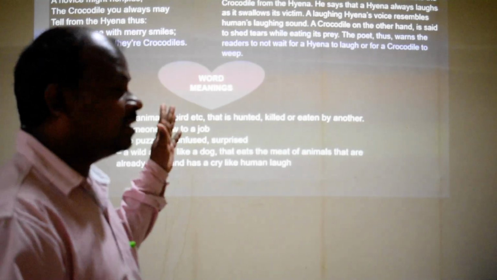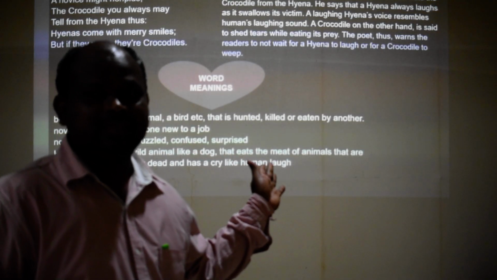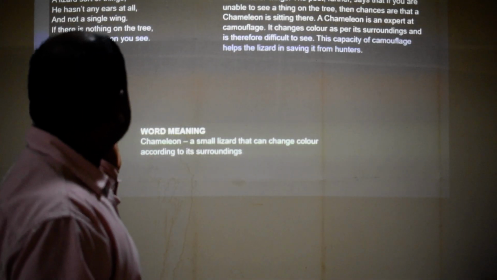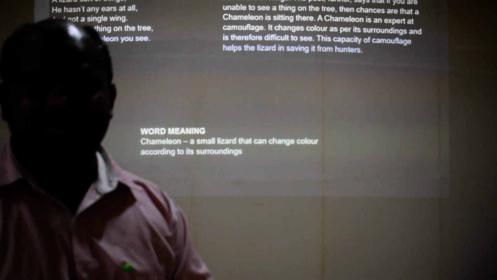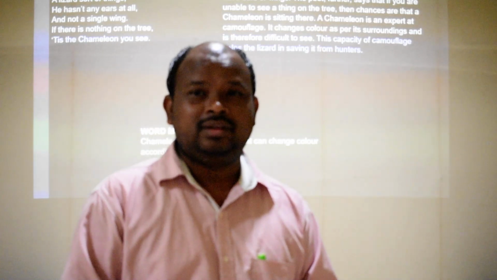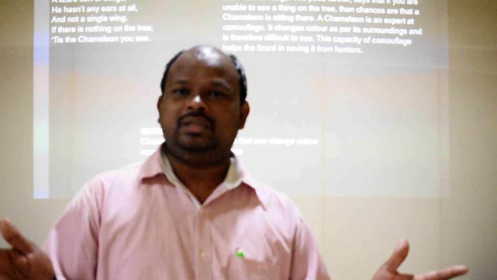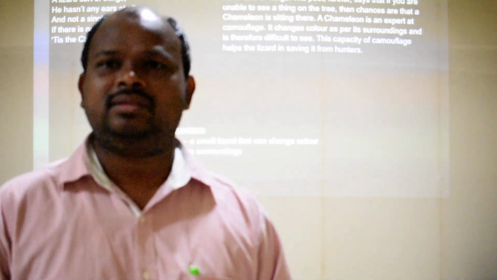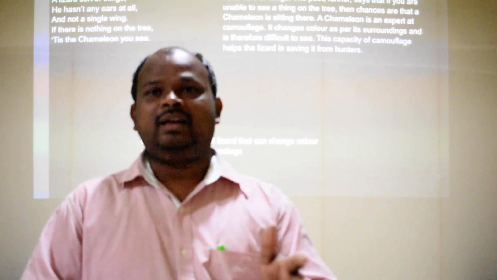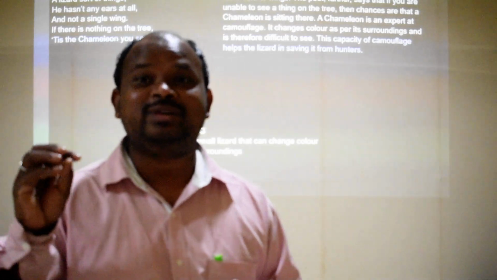So, my dear students, we go to the last slide and see what the last stanza talks about. The sixth stanza talks about a chameleon. We know the nature of a chameleon is such that we can't even identify it sometimes. If you go to the villages and look at a tree, it's a natural instinct of every creature to protect itself. So if you see a chameleon, within a short time you may not be able to see it, though it may be there.